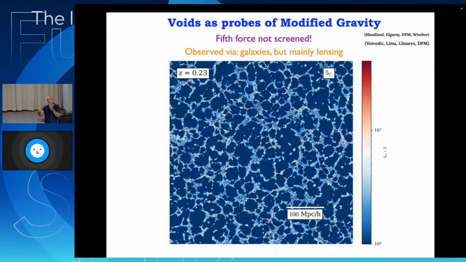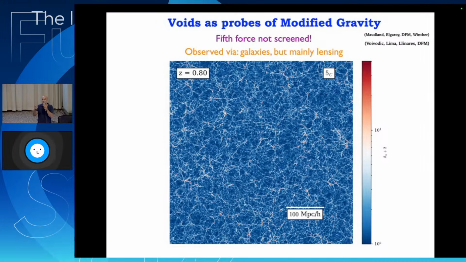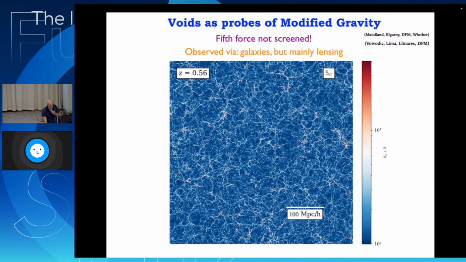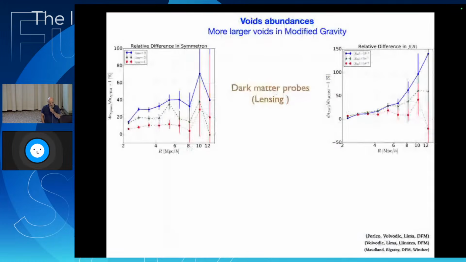So one option is to look at galaxies, but there are not many galaxies in voids, so it's a problem. But lensing could be a promising probe if there is dark matter there. Okay? So again, if we use voids, for instance, using lensing methods,